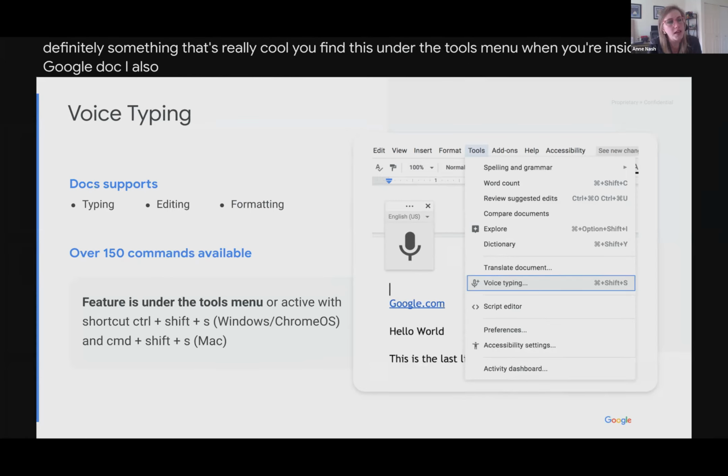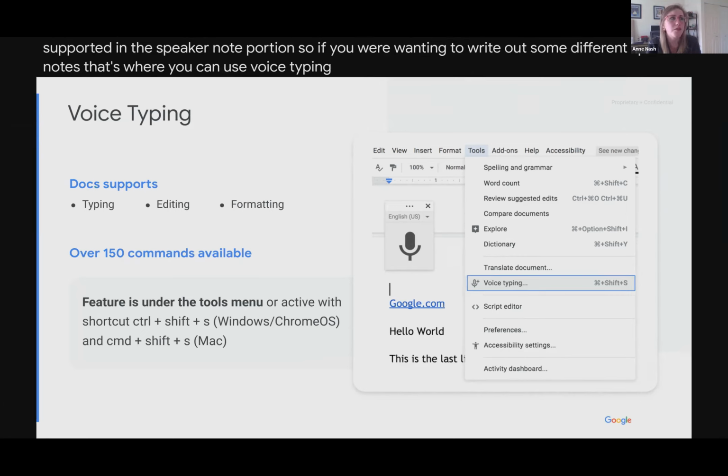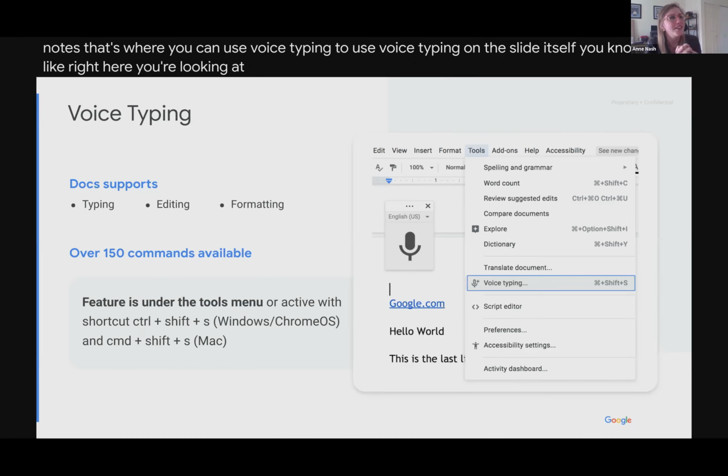I'll also note that you are able to do voice typing on Google Slides as well, but it's only supported in the speaker note portion. So if you were wanting to write out some different speaker notes, that's where you can use voice typing. To use voice typing on the slide itself, like right here, you're looking at this slide, it has text on it. I'll get to that a little bit later, but there is a way to do it,